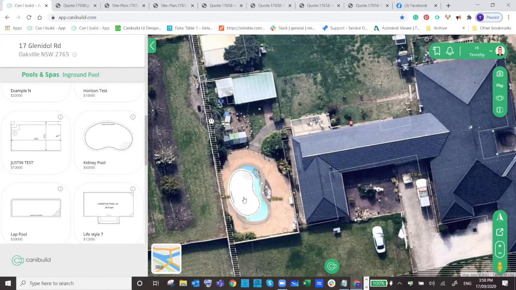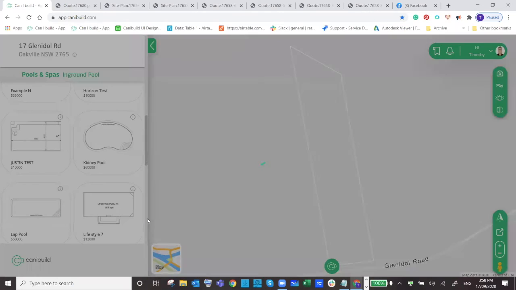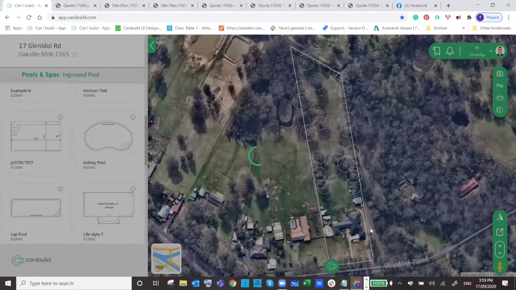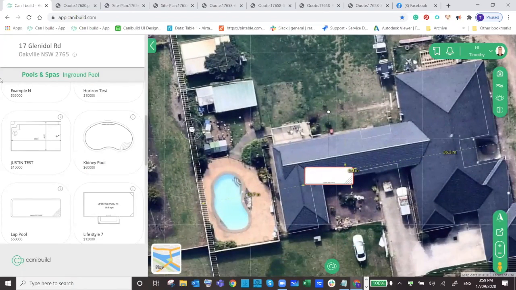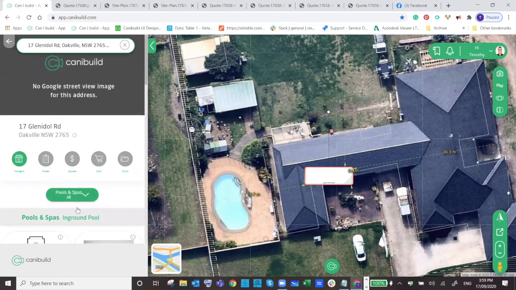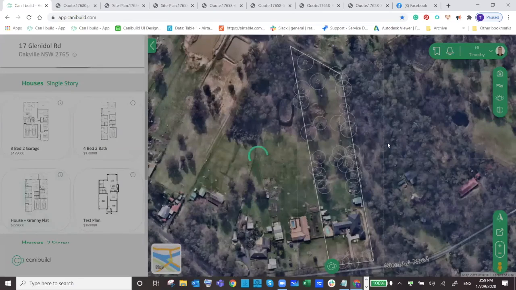So that gives you an idea that it's all to scale. All the designs that are uploaded are scaled to the size of that pool. So if there's a larger pool, it will scale. So this is that pool. If I switch between that pool, then it's this. If I switch to a house and say pick a large house with a granny flat,